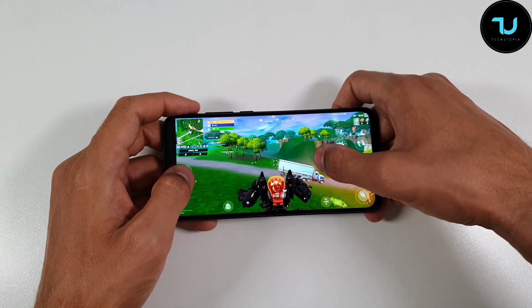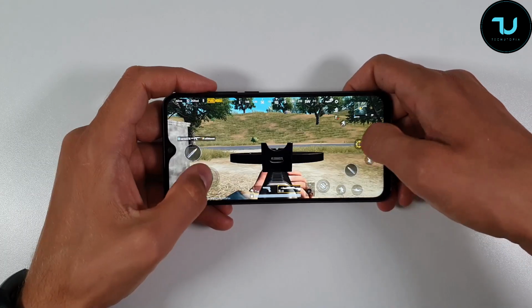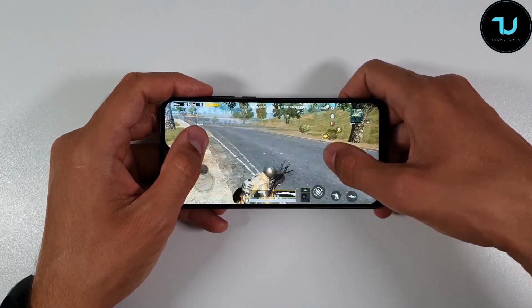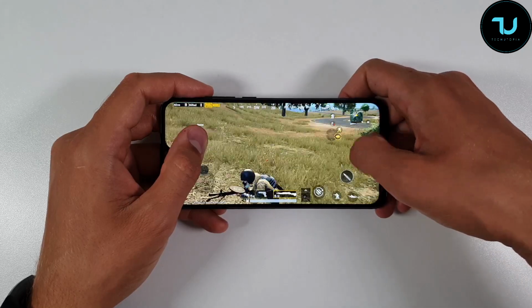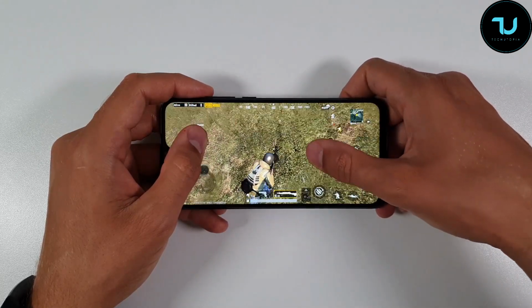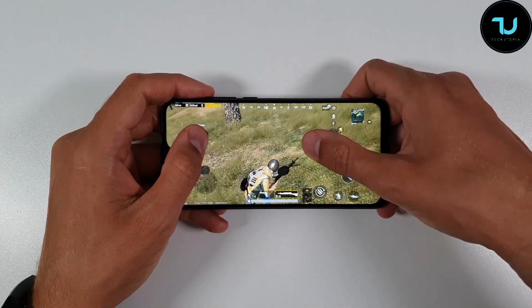Impressions for $180, China phone. This is a no-brainer for gamers and battery lovers. It's blazing fast in games. The Snapdragon 710 is enough for medium graphics in all games. Realme 3 Pro, maybe for some, but for my own taste, I prefer the ZUI system over Realme's Color OS. If you can spend $20 more, maybe get the Xiaomi Mi A3. What do you think? Nevertheless, I highly recommend